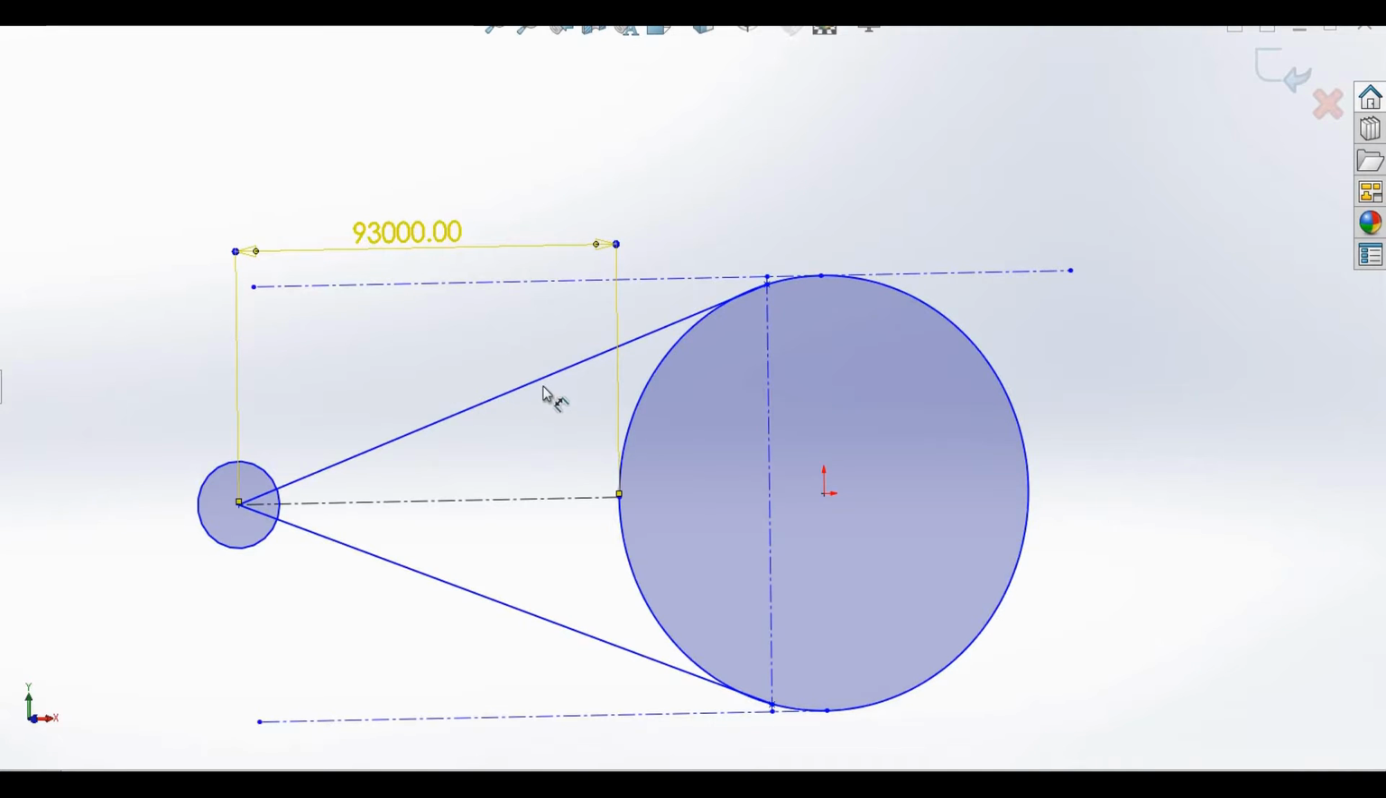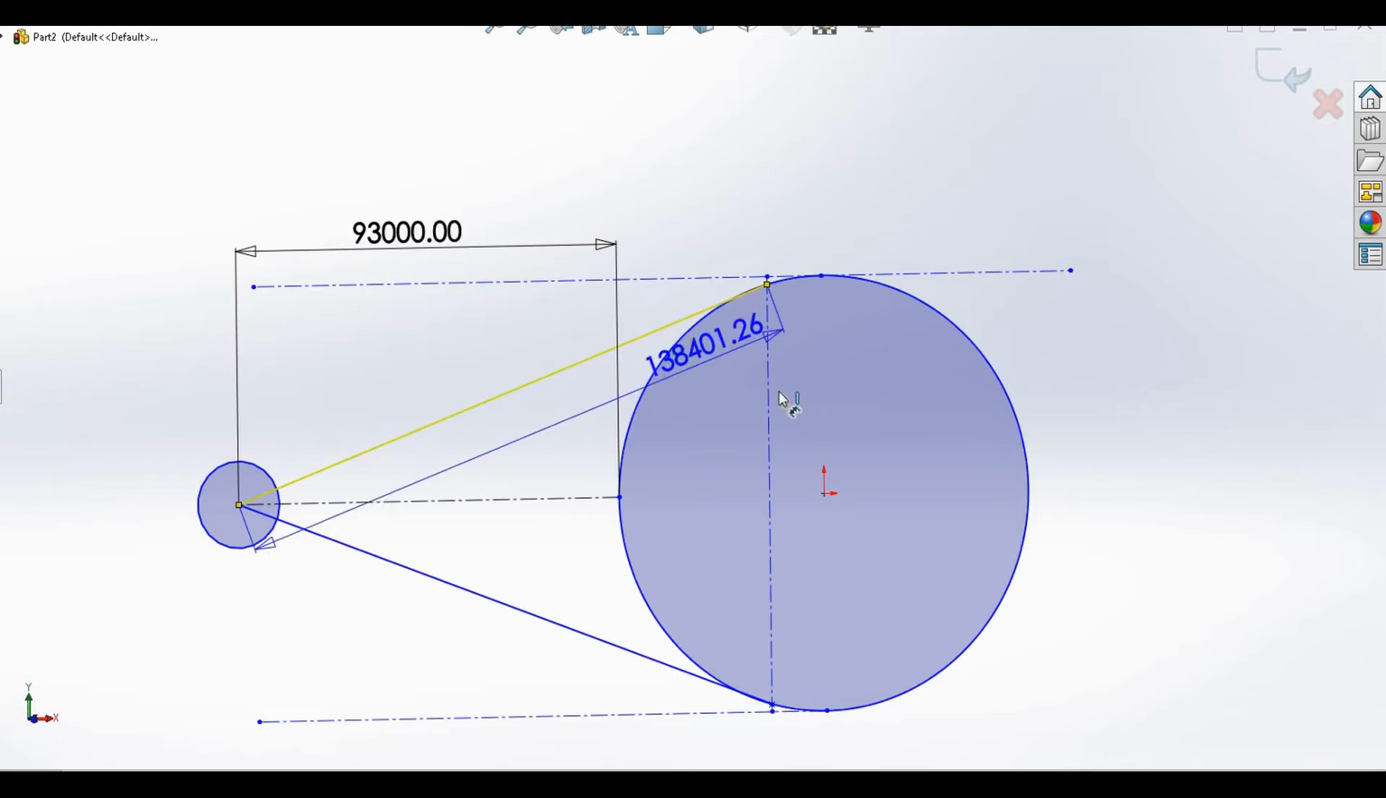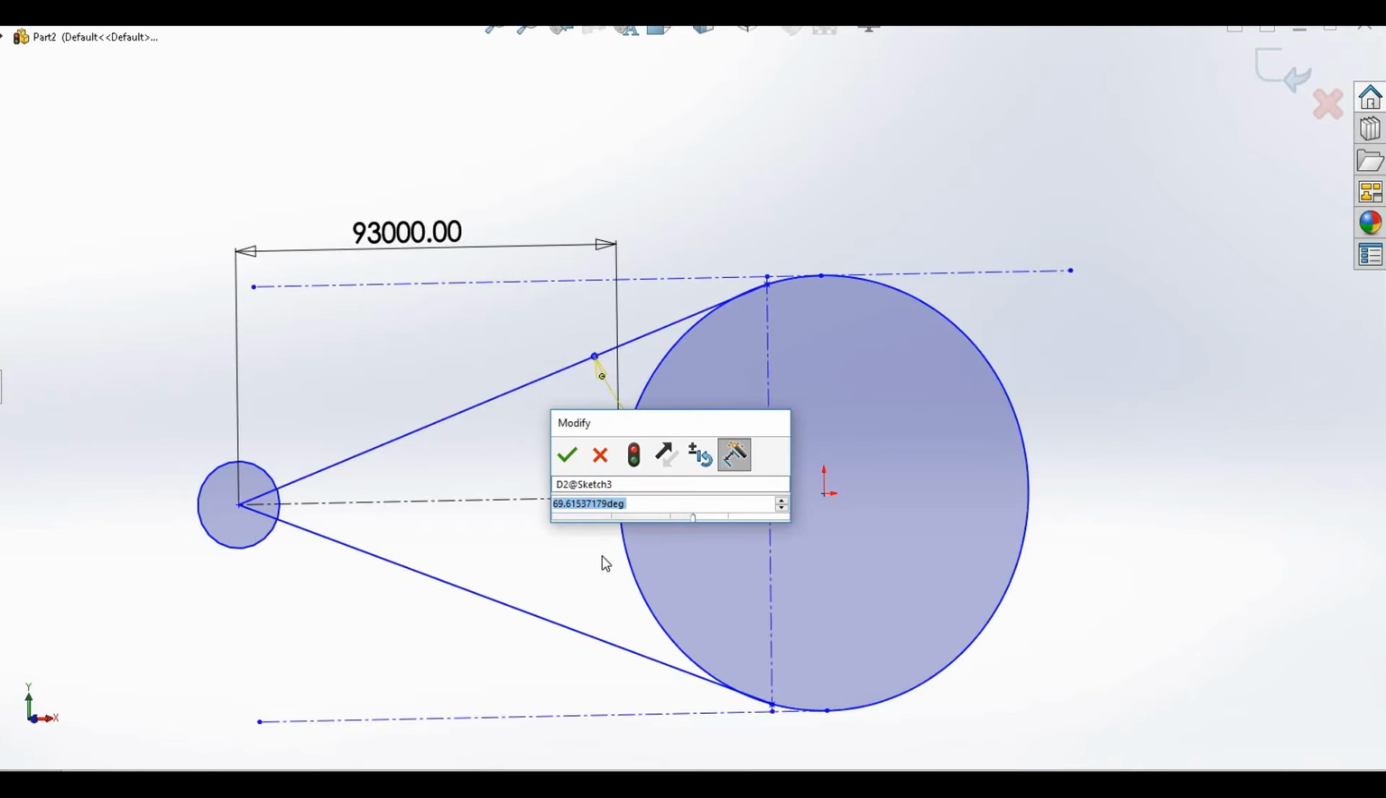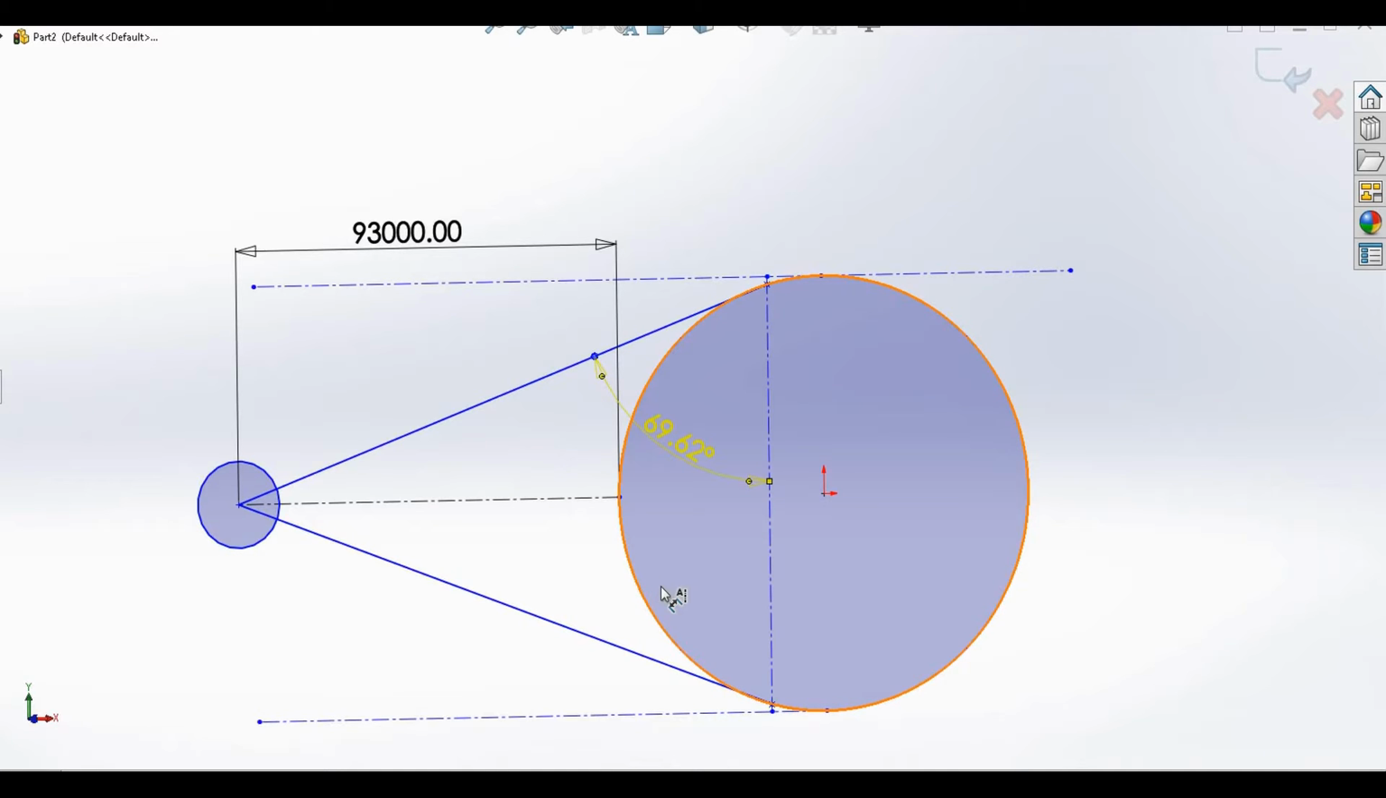So I'm going to grab my Smart Dimension tool, and take an angular measurement from our light ray to this vertical line. And you can see, right there, it's 69.62 degrees. And the angle between two similar,